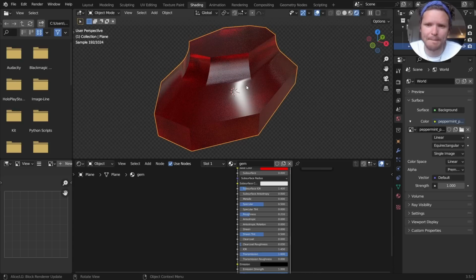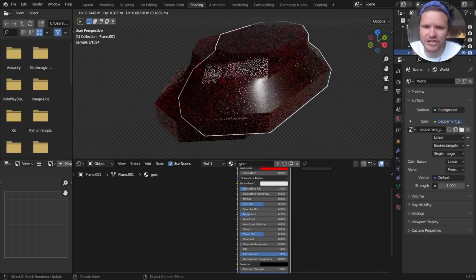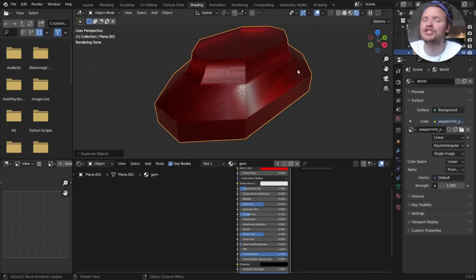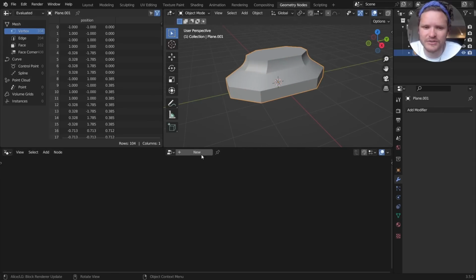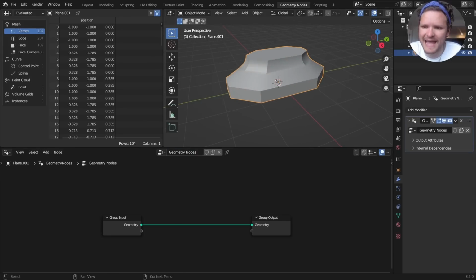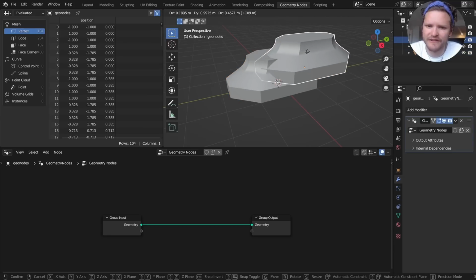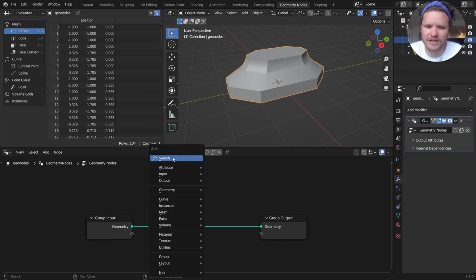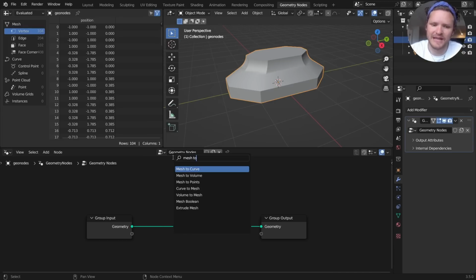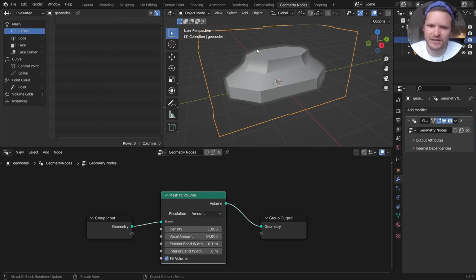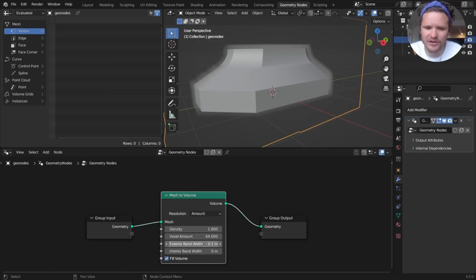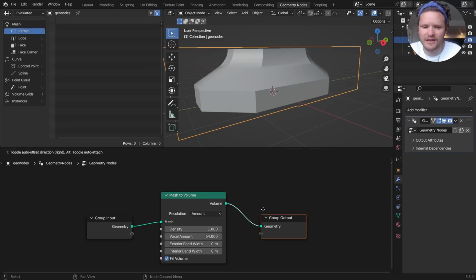Okay, now the trick to making this look super cool instead of just like this is I'm actually going to make a copy of this, and we're going to use geometry nodes to add those little sparkly elements inside. So in geometry nodes, I'm going to make this a Geonodes thing, and we can rename this to Geonodes. So you can see we have two copies. One of them is a geometry nodes copy, and I want to distribute points inside the volume. To do that, I'm going to run a mesh to volume, so we have a volumetric. Now you can see there's a bit of an outline of a cloud. Bring down that bandwidth, and